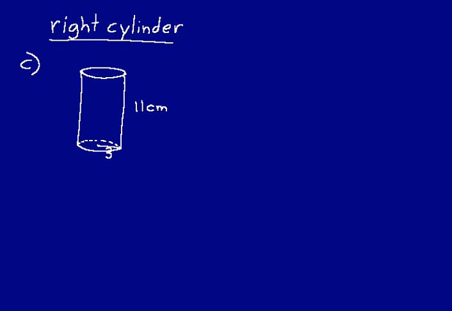2 of those surfaces are identical. Those would be the bases, the top and bottom bases. The one that's different is this lateral or surface area around the sides. And that's going to be a new way of doing a calculation for area that we haven't done yet. The bases are pretty easy because they're both circular areas,